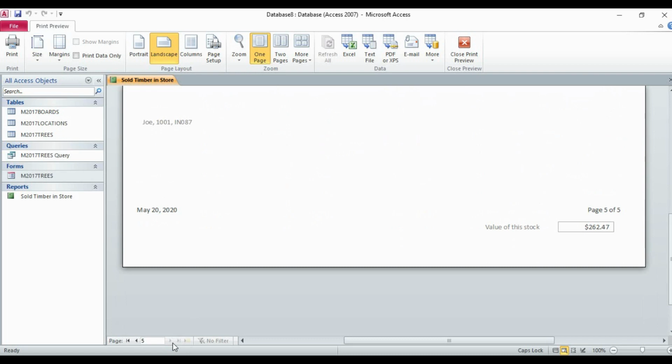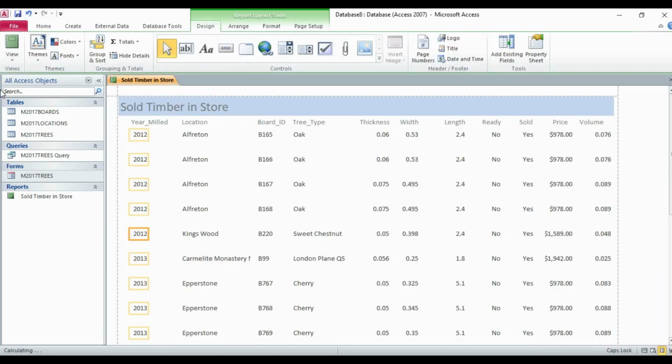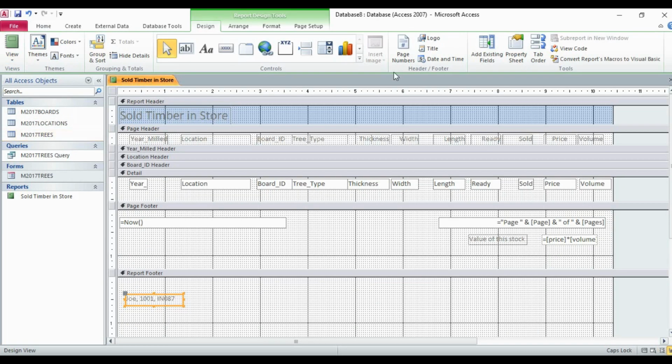So now it is appearing only at the end of the report, not on every page. So we have completed up to this.